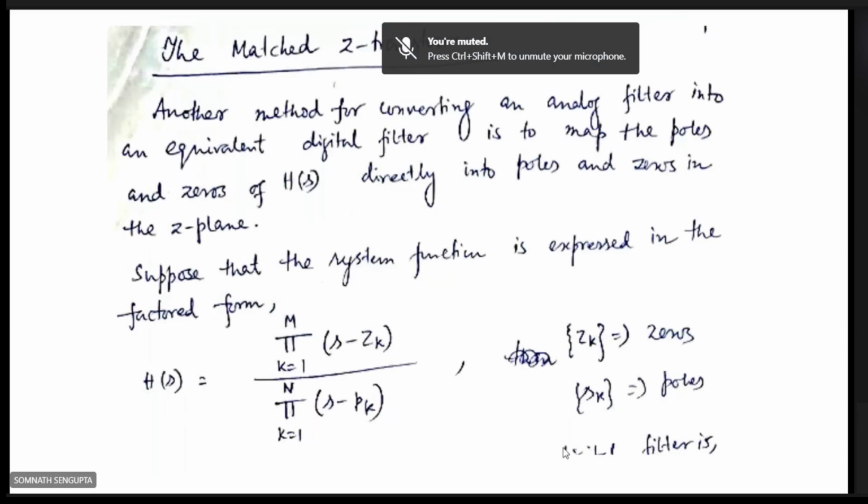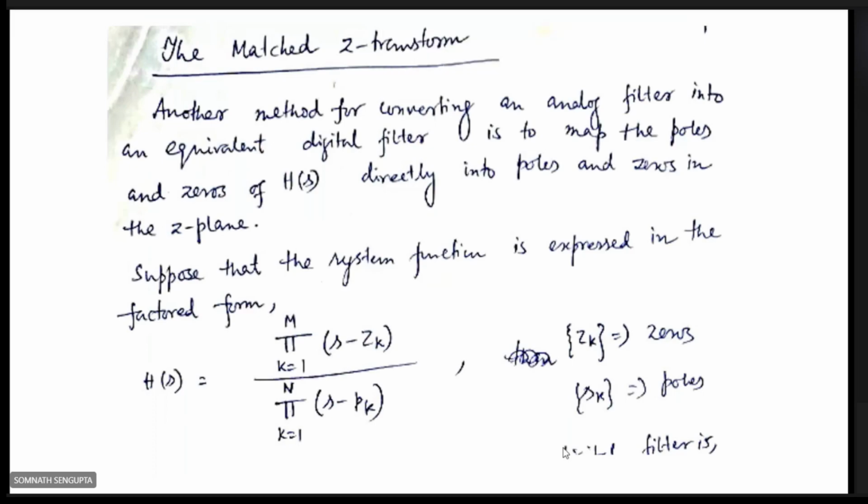Now this was the discussion on bilinear transformation. Then the matched Z transform, another technique. In all the previous cases, we have considered that the poles are there in the transfer function. But if zeros are there in the transfer function, how will you treat this? In that case, the transfer function H(s) is in the form of a ratio of numerator and denominator, where the numerator consists of the factorized zeros and the denominator of the factorized poles, so the product of all zeros and the product of all poles and their ratio.